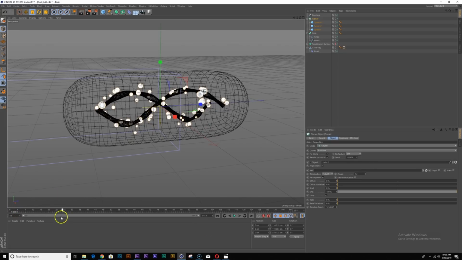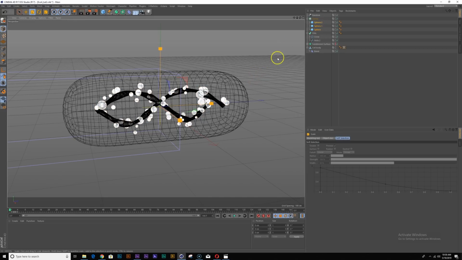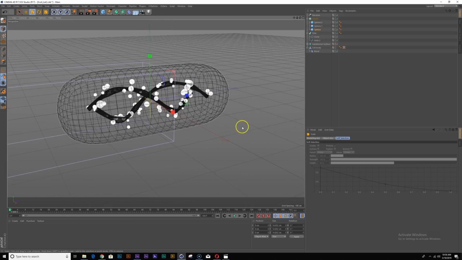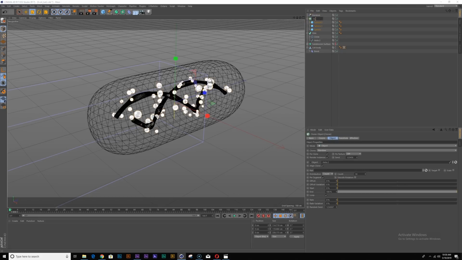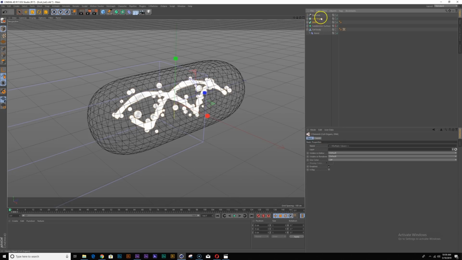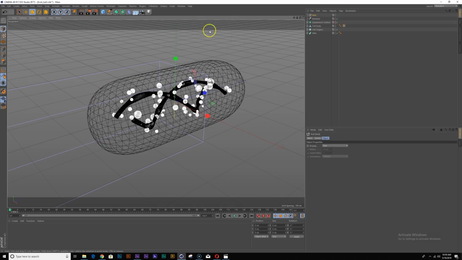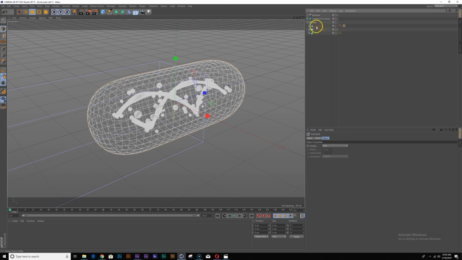And at this point, I think we're good. Maybe we can have all of these selected. Maybe scale everything up a little bit as well, like that. I don't know. You know what? I think it's good for now. And if we need to make adjustments, we can always swing back. So let's call this my cell organs. Cool. So we have our DNA, our cell organs, and our body, and let's create a null and drop everything into a null, and let's call our null our cell.